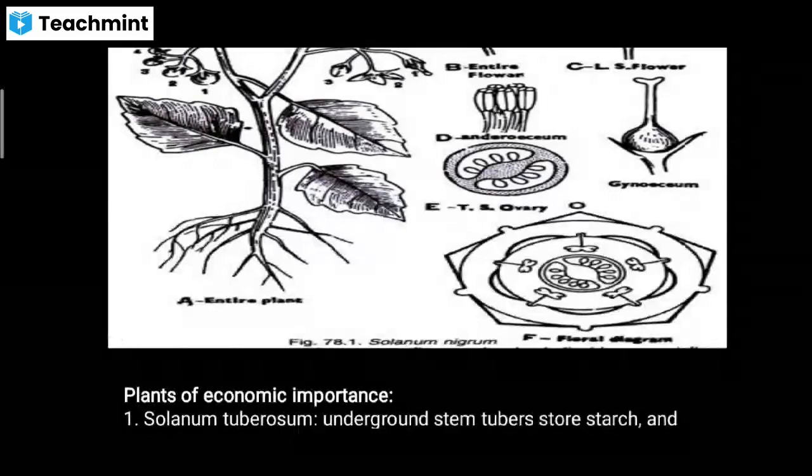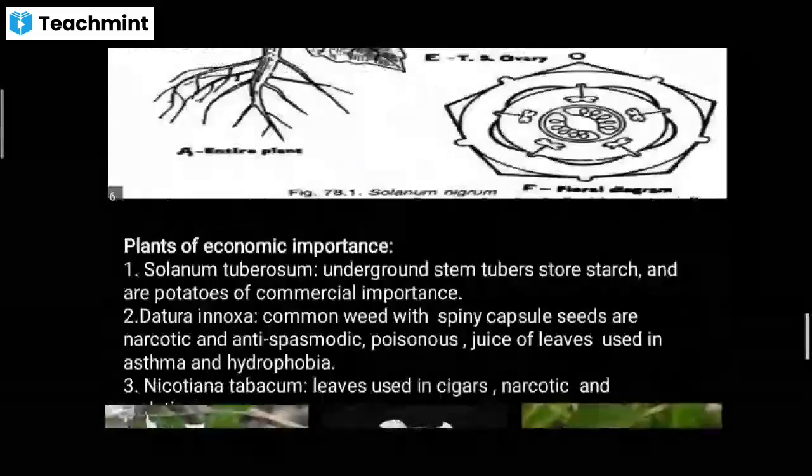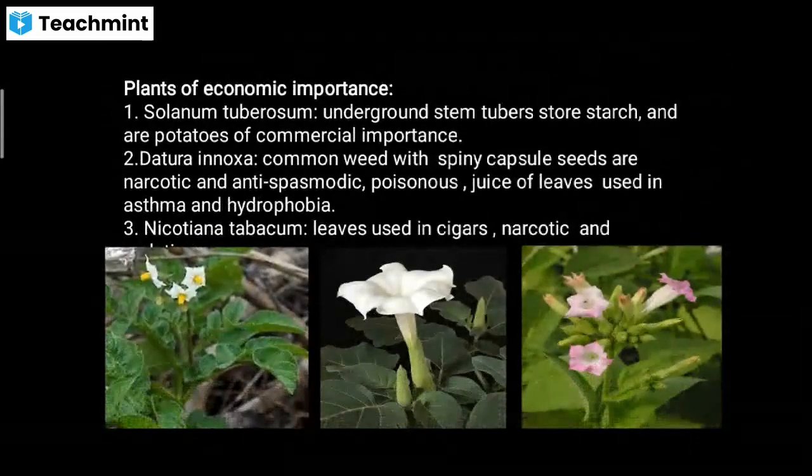There are two locules, two carpels है, मतलब two locules है वहाँ पे, और उसमें many numbers of ovules है, तो वहाँ पे आपको draw करने पड़ेंगे. Then last one is about the economic importance.